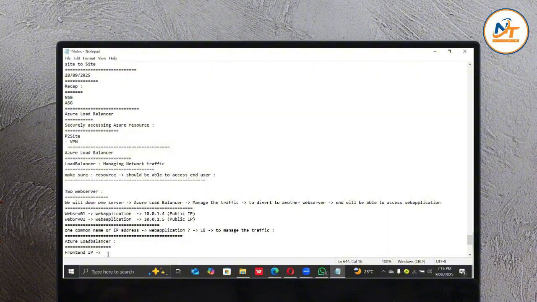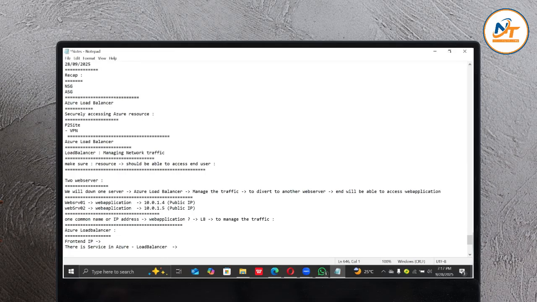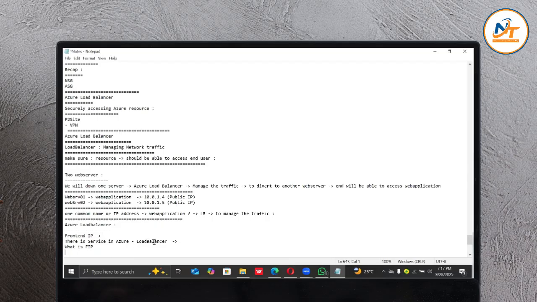When you give the common IP address to the end user and the request hits it, there is a service in Azure called Load Balancer. You need to tell the Load Balancer what the front end IP address is. When that request hits the Load Balancer, first,